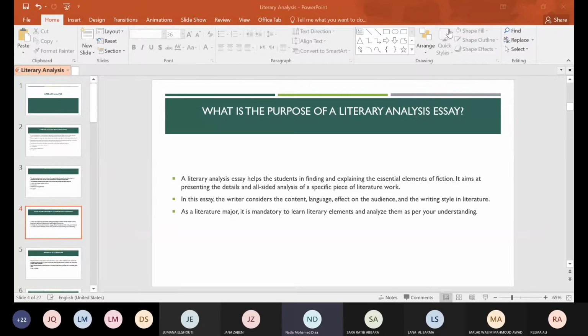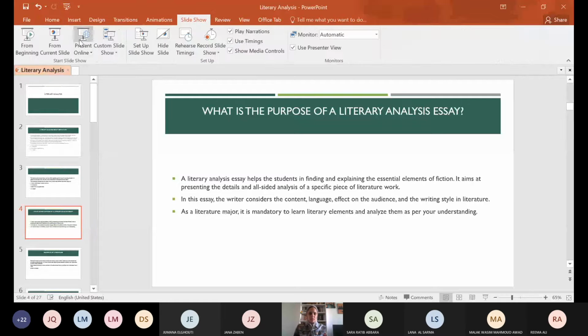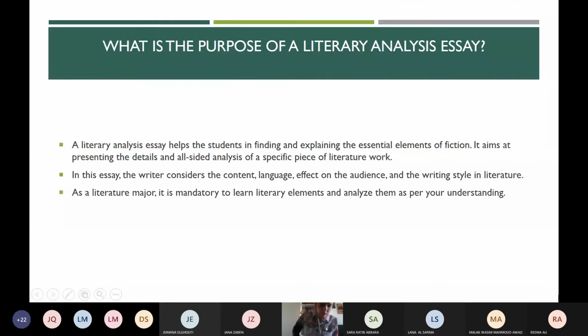I'm back, girls, sorry. So what were we saying? We were saying, what was the purpose of the literary analysis essay? Why do we write it? When you, as a student, try to find and explain what you like and what you didn't like in a novel, a poem, or a nonfiction article, it helps you avoid these mistakes later. Okay?